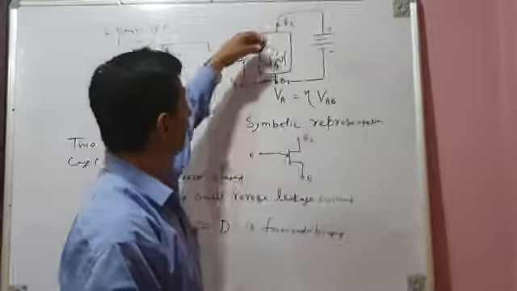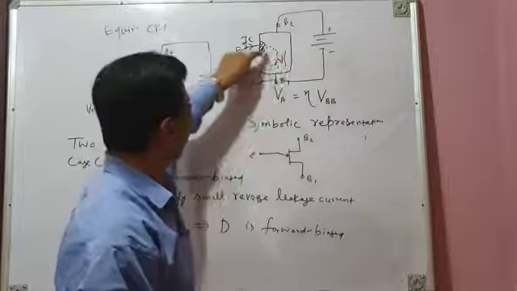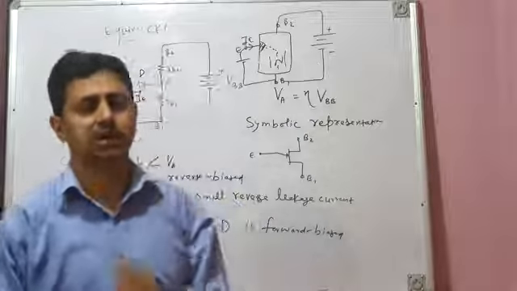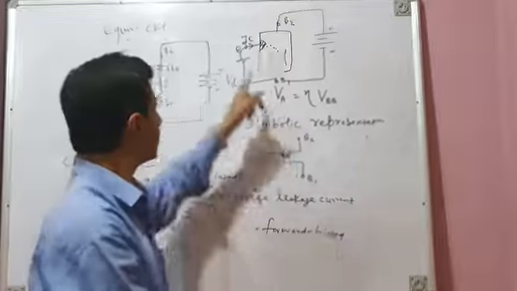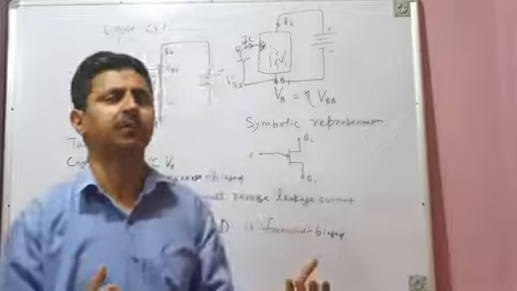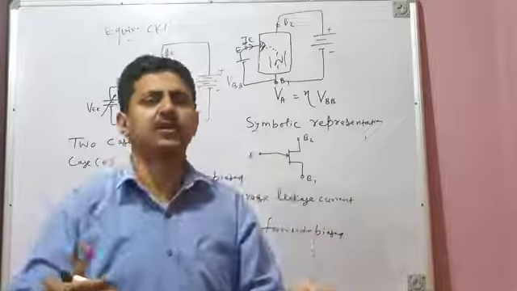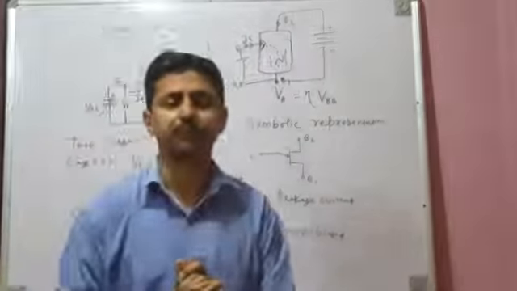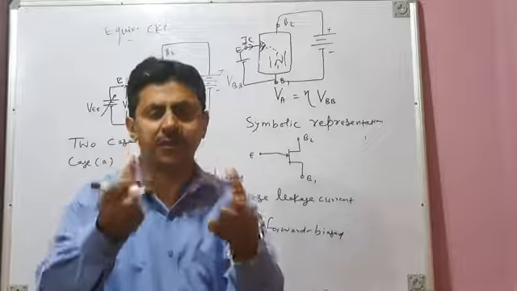And because of the movement of holes from emitter E to base B1, this area between emitter E and base B1 will be flooded with majority charge carriers. And as a result of that, the internal resistance RB1 will decrease. Initially, this RB1 was of the order of kilo ohms. Now it will start falling. As the charge carriers increase in this area and base, its resistance automatically decreases. More number of charge carriers means less resistance.